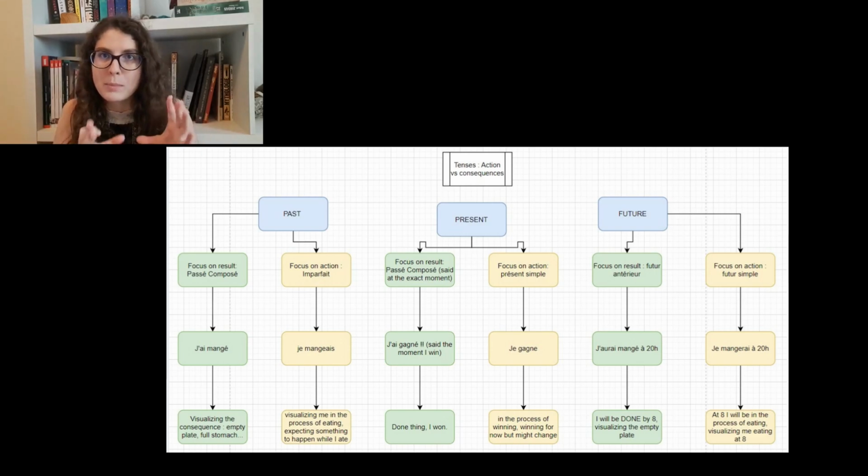That's what matters, Paul fixing the car, and then the story is gonna go on. If I say hier Paul a réparé ma voiture, in that case, what I visualize is Paul standing next to the fixed car, and here what matters is my car is now fixed, and I can do stuff. So I hope you see my point here, but that's basically how it works.